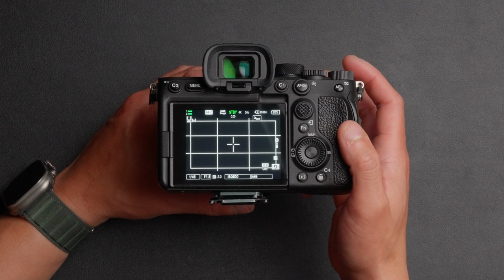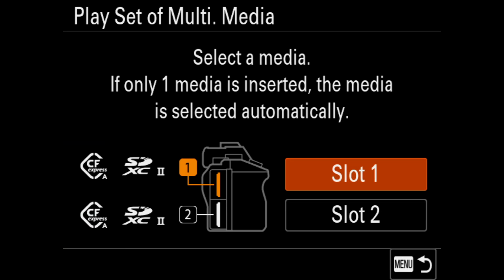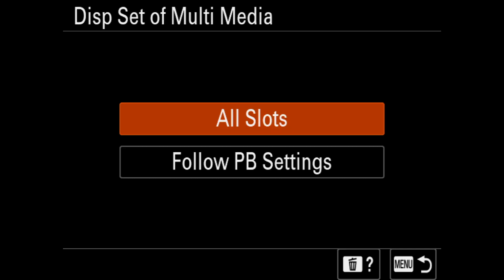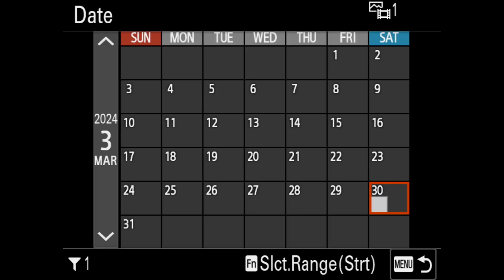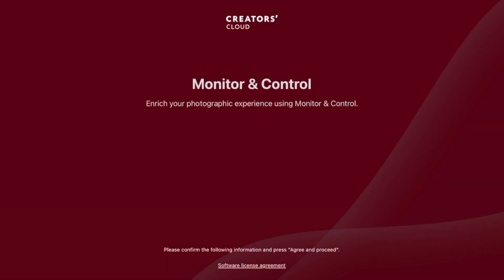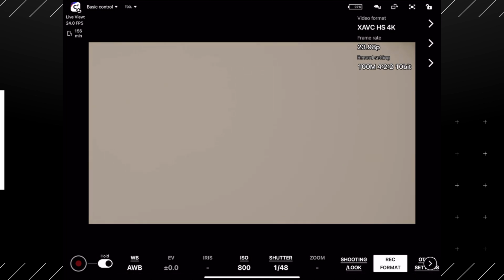Focused frame display. So relay playback function, which enables seamless sequential playback from one memory card slot to another. So playback filter condition, this lets you categorize image playback via date, folder, or file format. Monitor and control app support. This app allows you to connect wirelessly to a camera and enables video monitoring and remote control via smartphone or